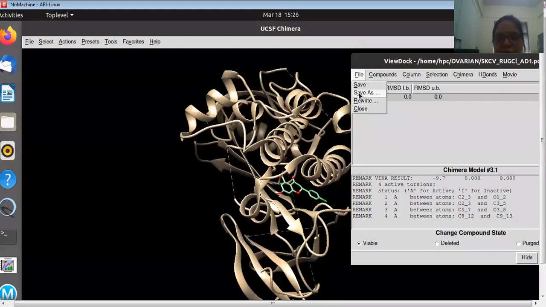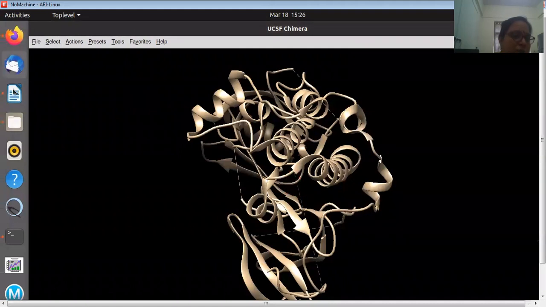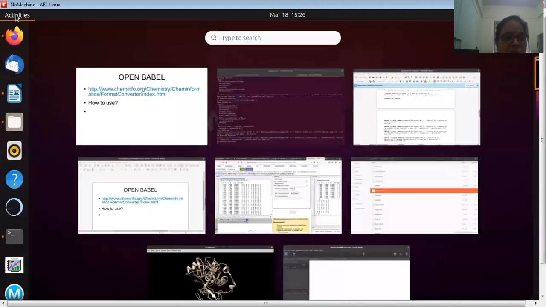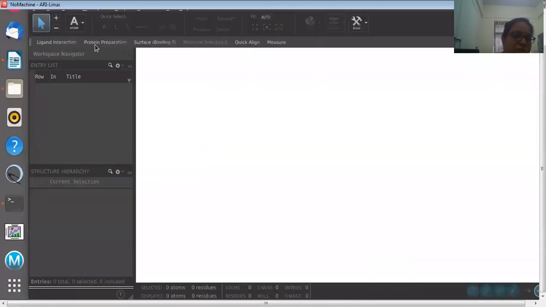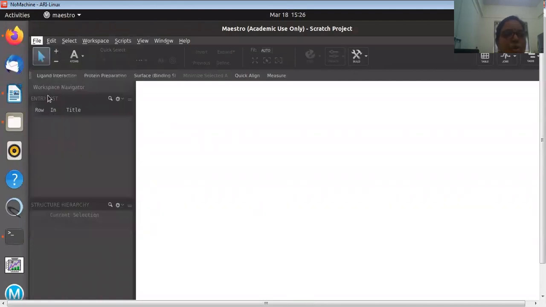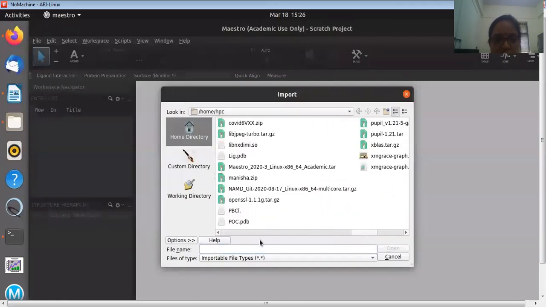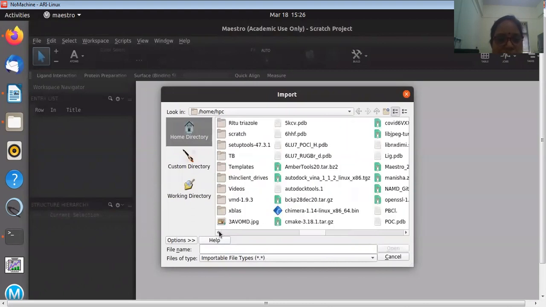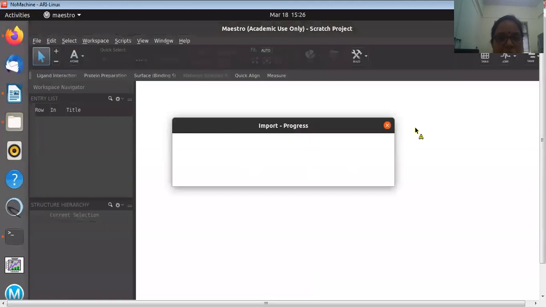Now I will tell you how to visualize it. My window is already open at the back side. This is the Maestro window which I have opened. Go to file, import structures. It will ask you for the folder. I have saved all the files in my ovarian folder.